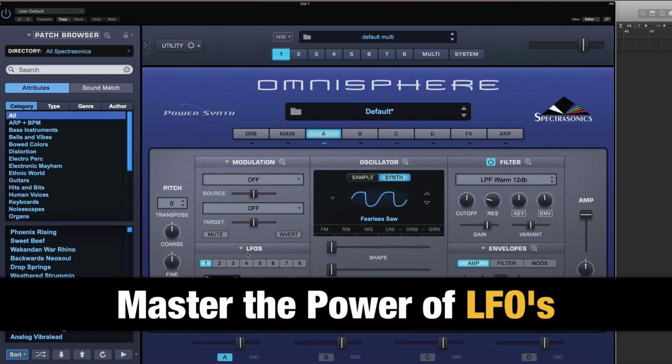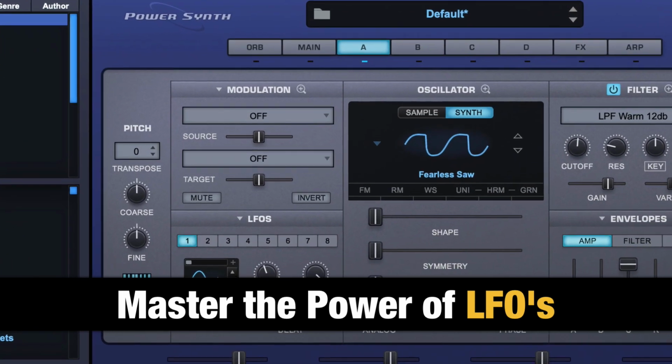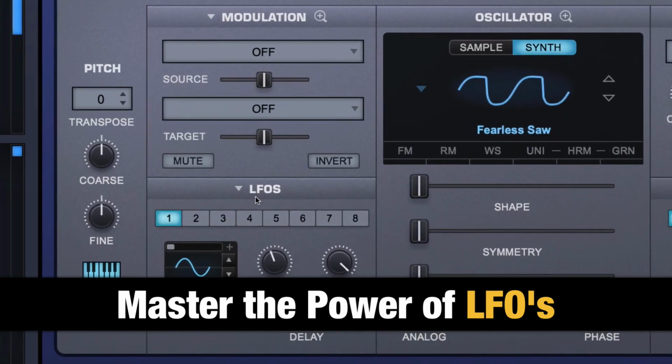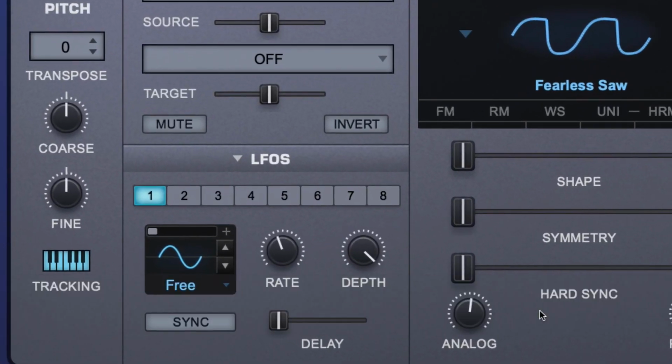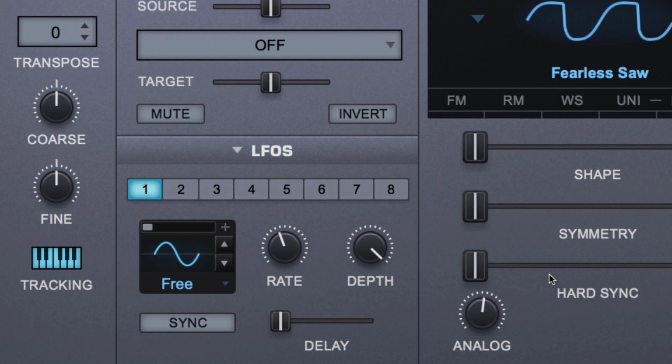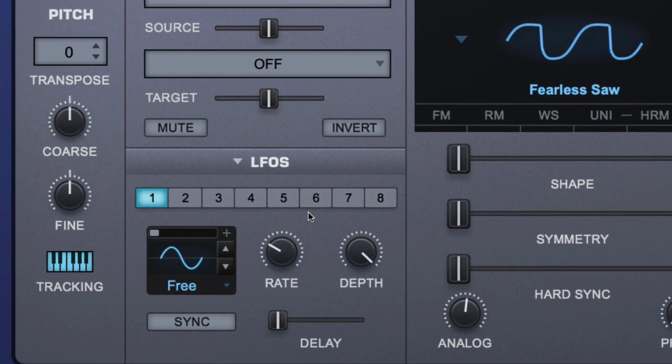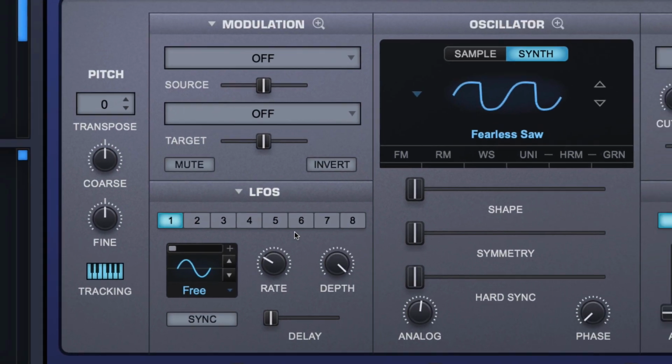So here you will find the LFO section in Omnisphere. LFO stands for Low Frequency Oscillator and is a way to automate any parameter in your synthesizer. What's great about Omnisphere is you not only get one, but 8 different LFOs that all can have a different rate, which means speed of the LFO, and depth, which means how much is applied to the parameter you assign it to. So the first thing you need to do is, of course,